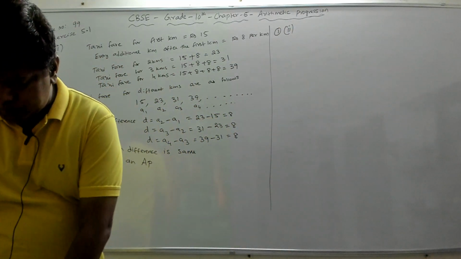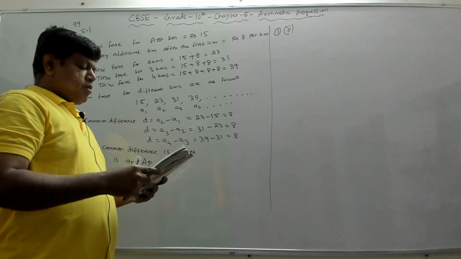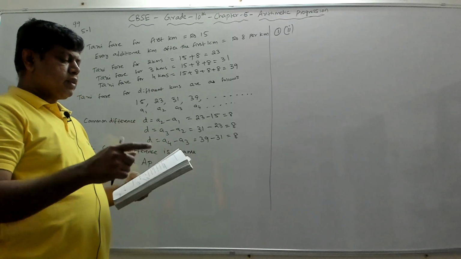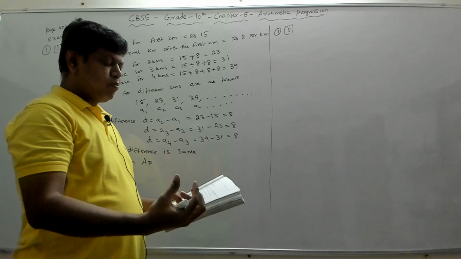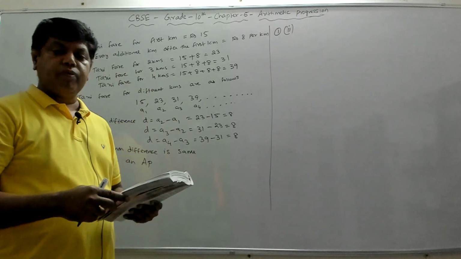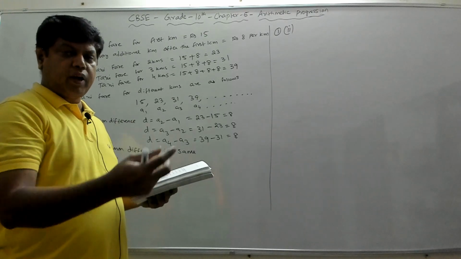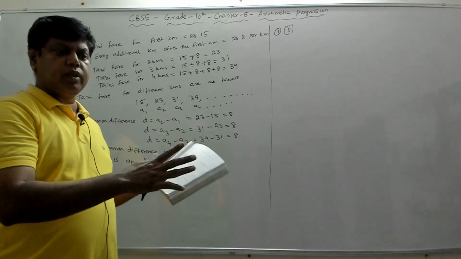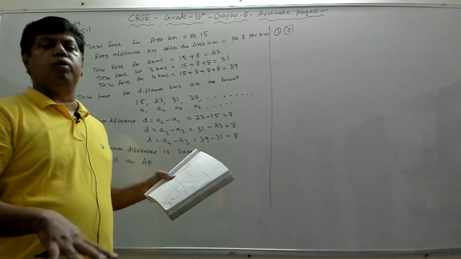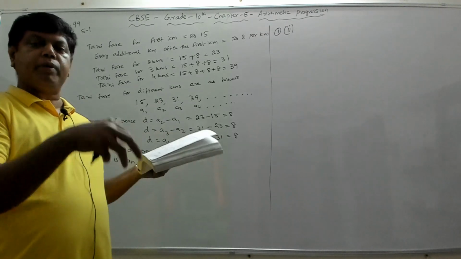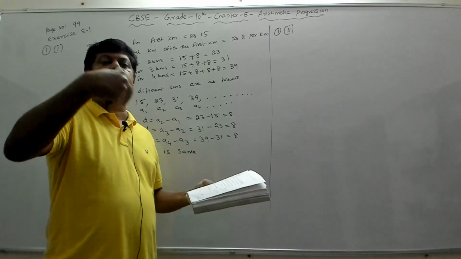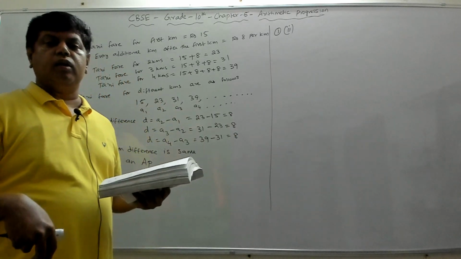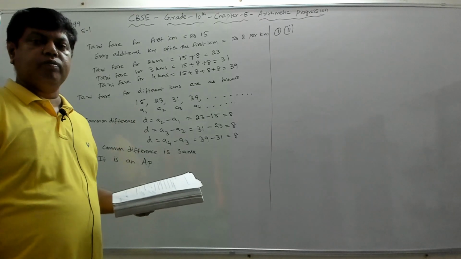Right? So what does it say? It says the amount of air present in a cylinder when a vacuum pump removes 1/4 of the air remaining in the cylinder at a time. So how is that vacuum pump removing the air from the cylinder? It is in such a way that at any instant of time, it removes 1/4 of the volume that is present at that point in time. Whatever volume is present at that point in time, it removes 1/4 of the volume. And the remaining air will be present in the next time. Again, after that time, again 1/4 of the air will be removed. So every instant of time, 1/4 of the volume of the air is removed by the vacuum pump.